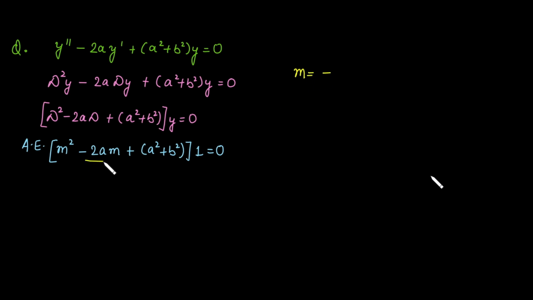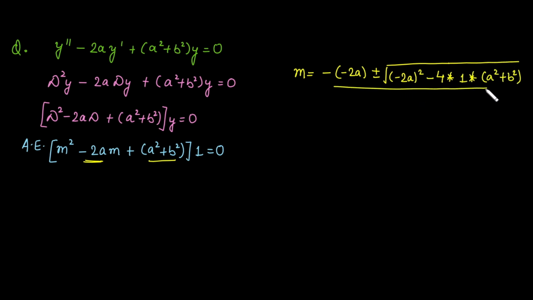In this case, the value of b is minus 2a, that is the middle term, plus minus under root middle term square, that is (minus 2a) square, minus 4 into a, the leading coefficient, that is 1, into c, that represents the constant. In this case, the constant is a square plus b square